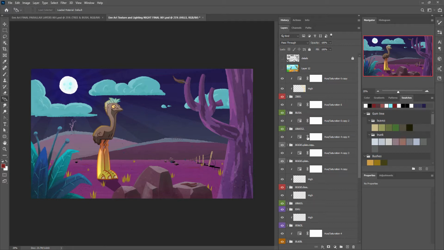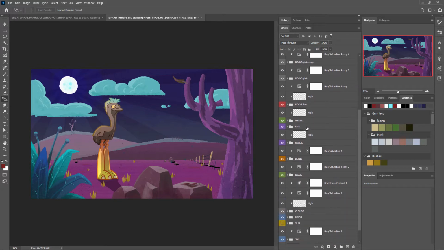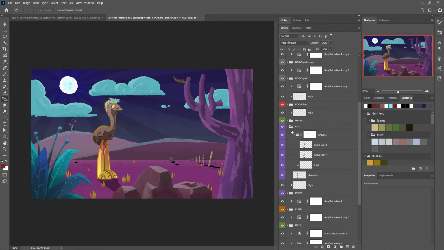And that's going to take a long time to scroll. Okay, so tree. Don't need the tree. Don't need the bush, the grass. The emu's in purple down here, so let's do the emu. So within the emu layer, I've got this group here, and that's the shadow. Okay, so I'm going to rename that one shadow,